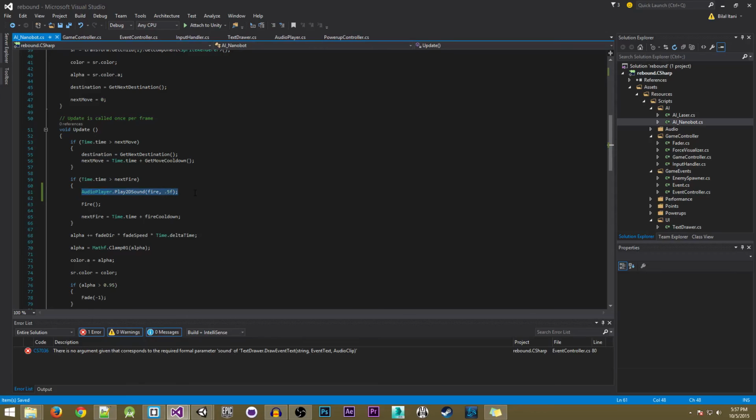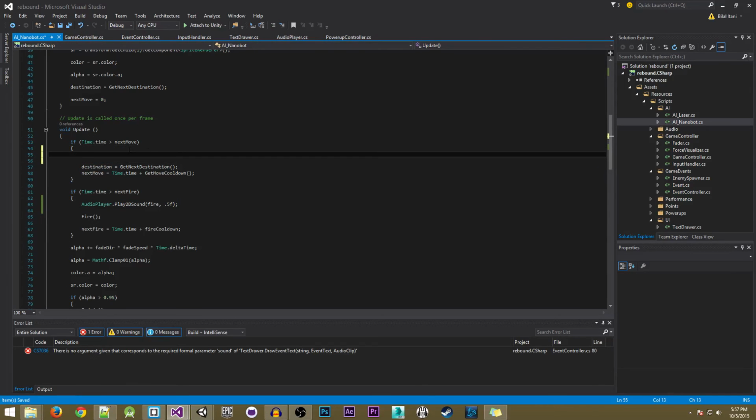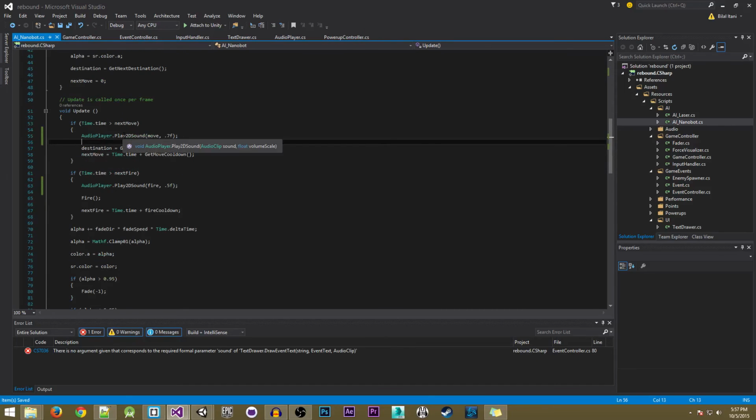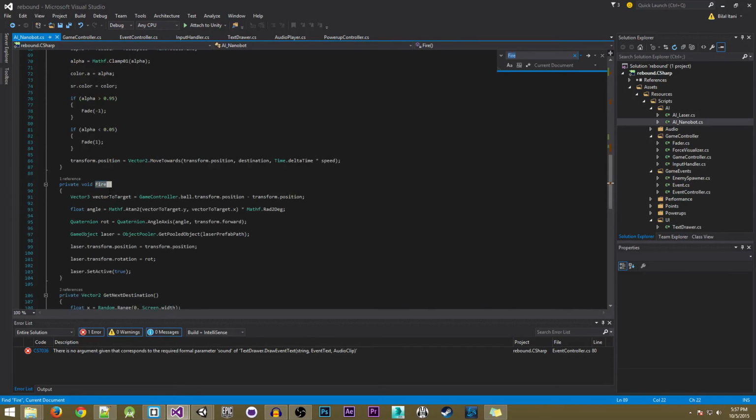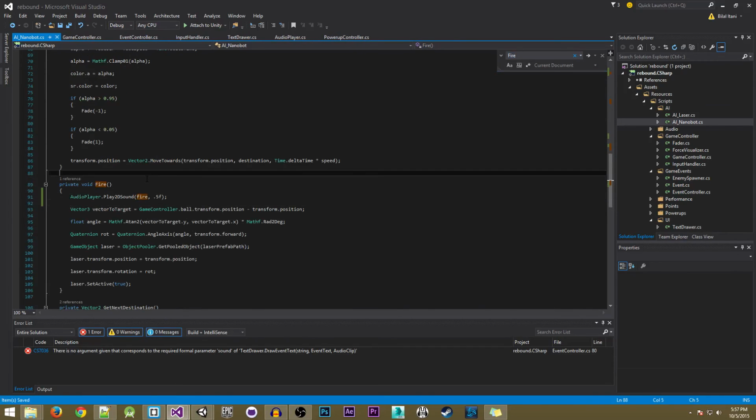Anyway, in our next move here we'll do the same thing. Move. And we'll do the same volume. Or we'll do a bit louder because it's more quiet. And I think I'll just move this to the fire function actually. There we go. And now we're done with our nanobot, and I believe that is all of the sound effects